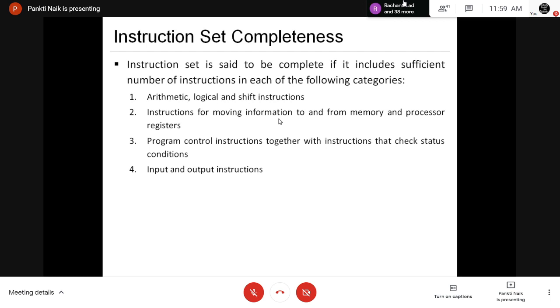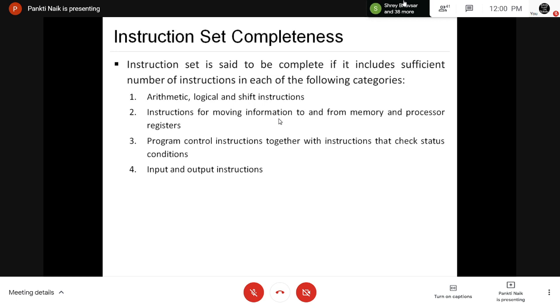If your instruction set contain arithmetic, logical and shift instructions, then instruction for moving the information from memory to accumulator and accumulator to memory, then input output instruction and control instructions. If these 4 categories instructions available in your instruction set, right, then you can say that your computer has the sufficient number of instruction sets available.